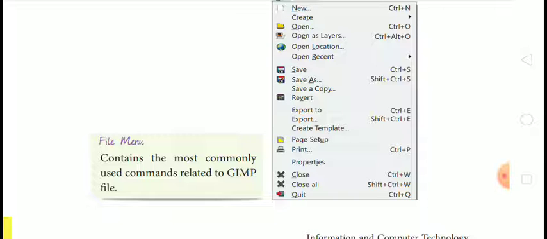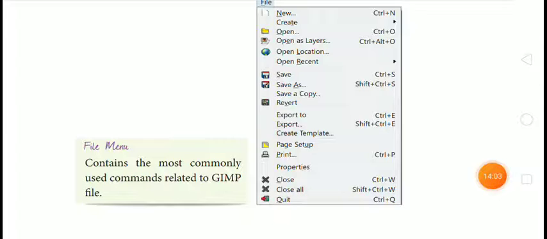Then next is control. Next is print option and the shortcut key is Ctrl plus P. If you want to take a printout of your image, you can press Ctrl plus P from the keyboard to print a particular page which you want to print.